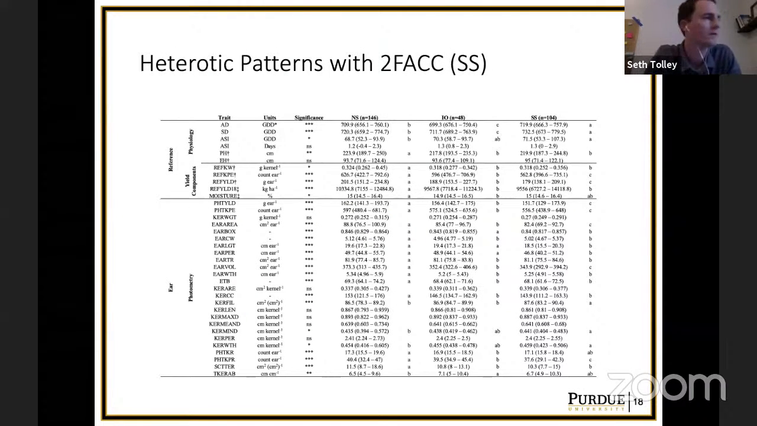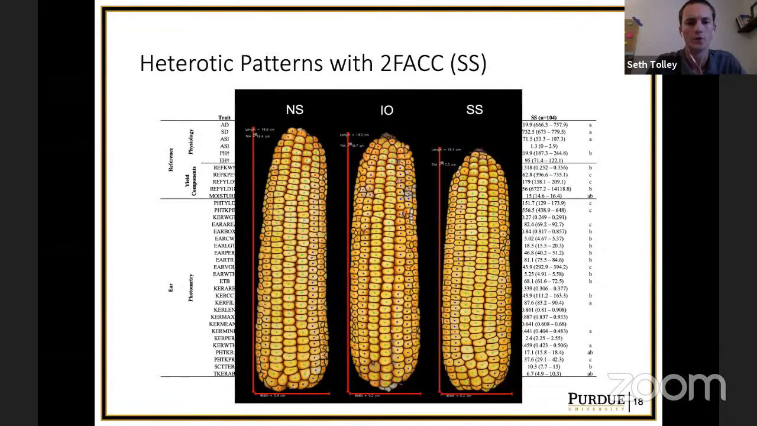So the final objective of this work was then to look at the heterotic patterns that we were seeing with our testers. And so while we do have these large tables that we can come back to if there are questions on this later, I'd more like to use these images that we created because it shows it visually in a little bit nicer of a way. So you can see here that,